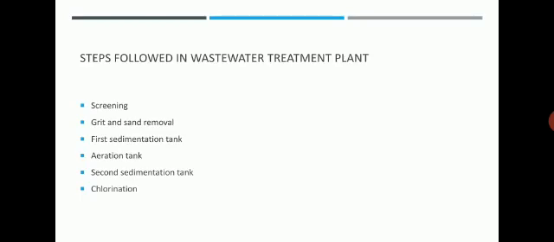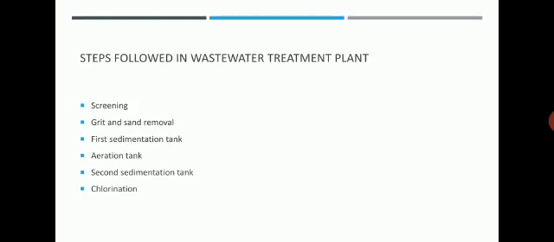After the first sedimentation tank, water is sent to the aeration tank, where air is pumped into the clarified water so that aerobic bacteria grow in it and decompose the organic matter. The bacteria multiply quickly and digest and consume the organic waste, while unwanted material still remains in the clarified water. This treated water is then sent to the next tank, that is the second sedimentation tank.